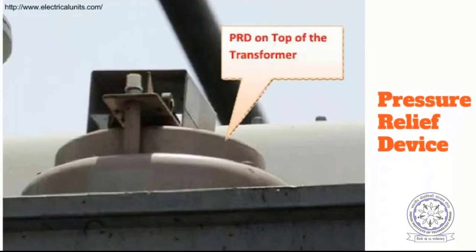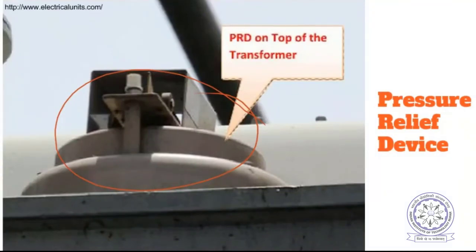And there is one more device, the pressure relief device, which is kept at the top of the transformer. The main function of this is whenever there is a sudden pressure rise inside, just like a pressure cooker also has some vent, this also works similarly. It will rise a little bit and the excessive air will go, similar to a pressure cooker. So this will help in reducing the pressure inside the transformer. Otherwise, the transformer may burst actually. That is a dangerous thing.